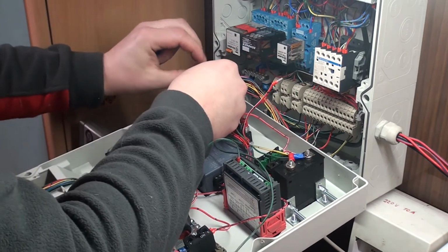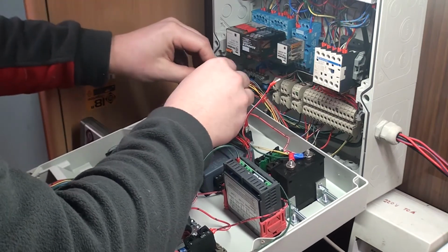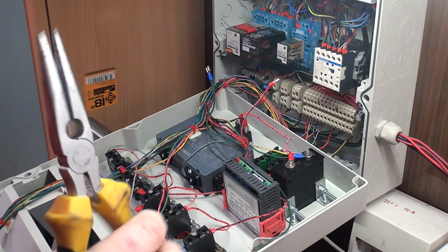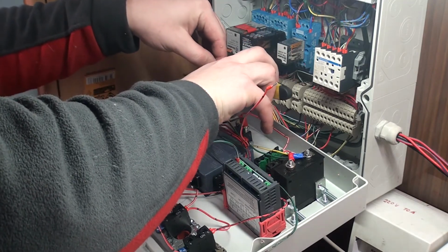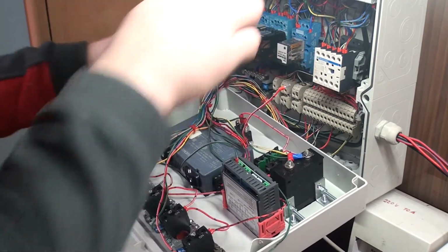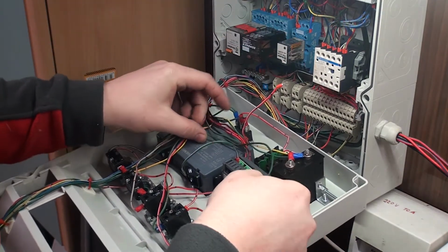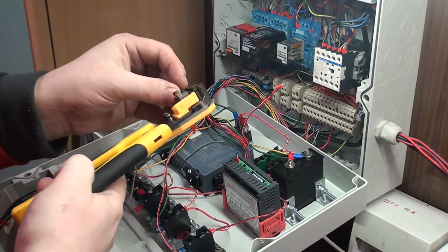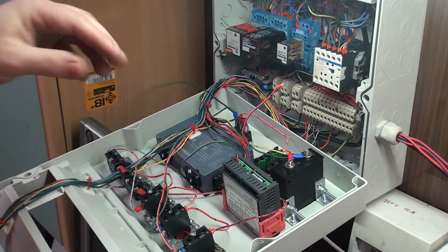I'm going to twist those together a bit, and pop it right over here. That'll be fine, I guess, because I don't have proper crimps or a crimping tool, so I'm going to use my little needle nose pliers and squeeze it like so. That's fine, that's not going to come off, so this one goes back here, and this one doesn't have to be too long, so I'm going to cut it a little shorter. So I'm going to strip this one, and for this end I'm going to put a bullet terminal on it. It looks like